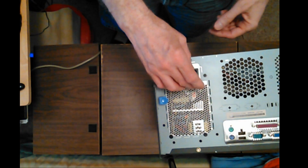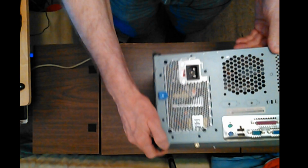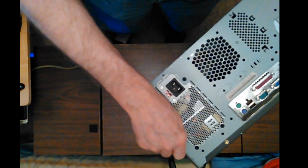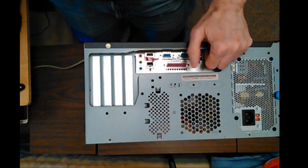But I have old blown out power supplies that I could get one of these out of, and I'd have to take it out, get this one out, and then solder. You have to solder the connections and do all that. So I thought, well,